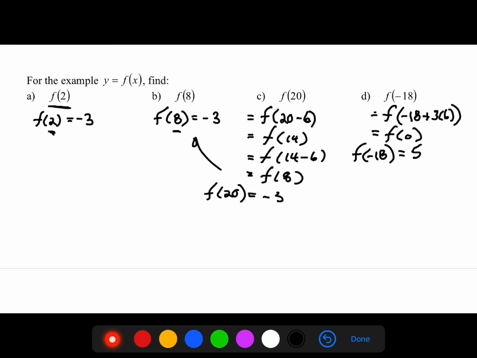Okay, so once we know our cycle or we know our period, we can use that to go forward or backward cycles so that we can actually tell the value on a graph. Okay, so that's our introduction to periodic functions. Tomorrow we're going to take a look at some specific periodic functions that we